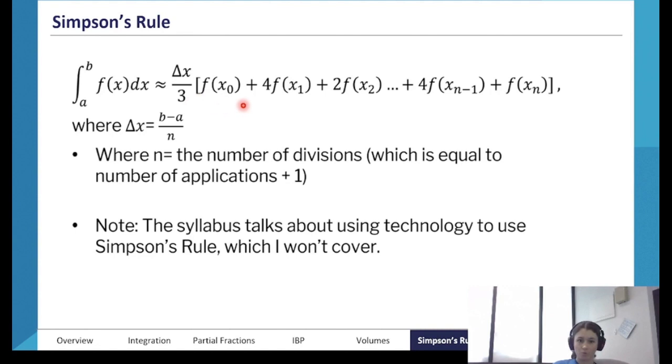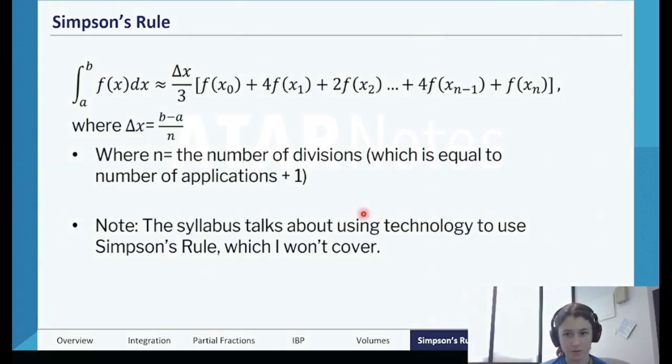And then all of these values here are just y values for the function. So the first value, the x1 value, x2 value, all this kind of stuff, where n is the number of divisions, or the number of strips that you're using. So again, it's pretty